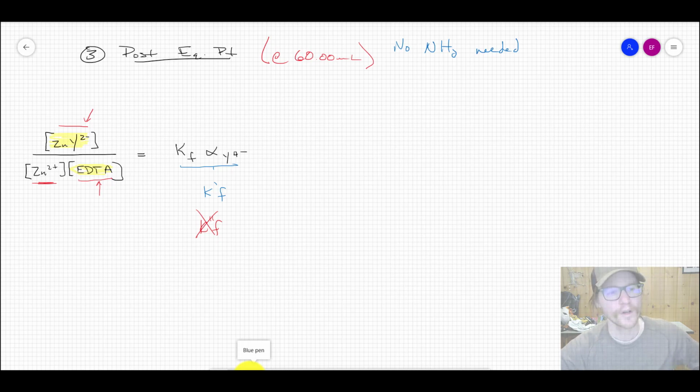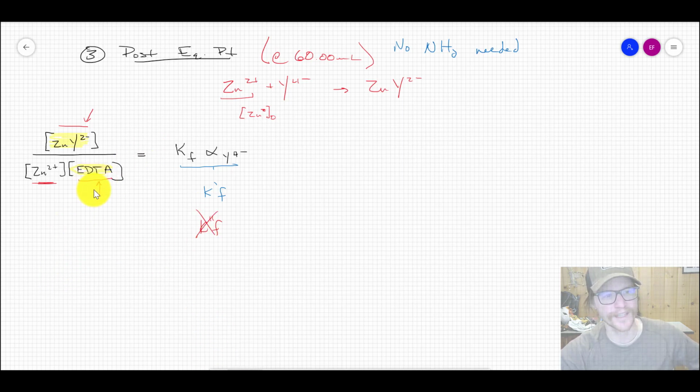So to determine the concentration of the two highlighted species here, all we're doing is assuming that all of the zinc 2 plus has been complexed as Y4 minus and turned into Y2 minus. So we just need to know what the formal concentration of zinc 2 plus was in the solution, and then we need to multiply by whatever that dilution factor is. And for EDTA, all we'll do is take whatever the excess is and divide by the new dilution factor,